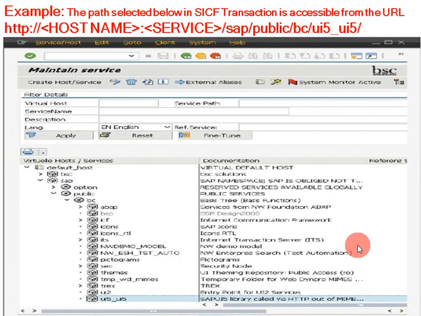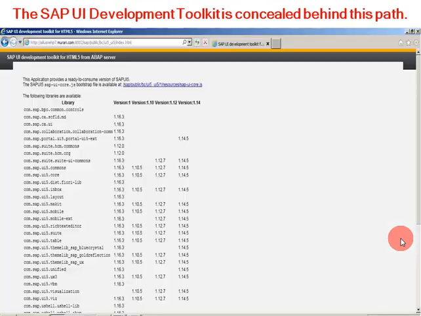The path selected below in SICF transaction is accessible from the URL, that is hostname, service, sap, public, bc, ui5_ui5. The SAP UI development toolkit is concealed behind this path. This you can access in the web browser.